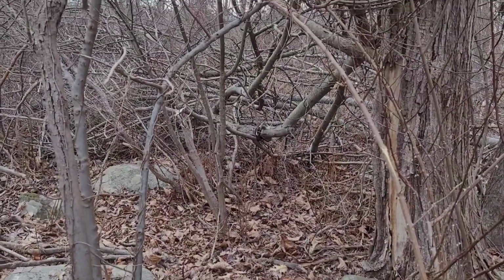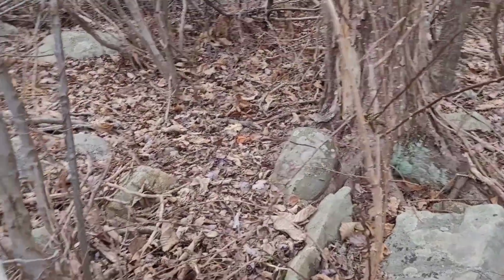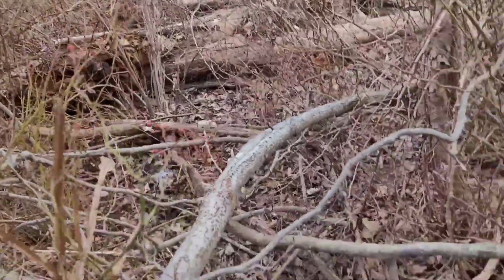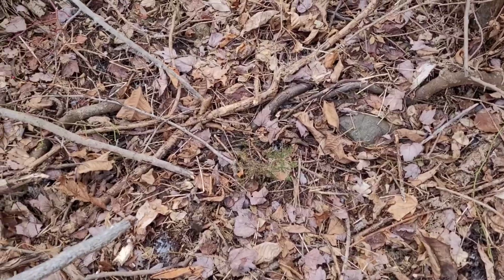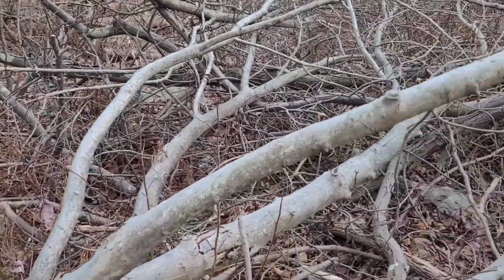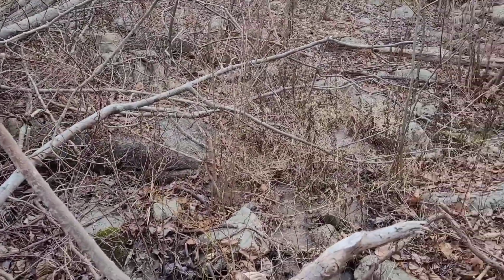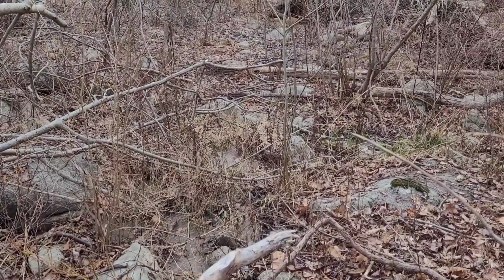Alright then, could be better, could be worse. I certainly need to grab clippers next time, especially to take care of the rest of this trash. But at least one tree has a decent chance now. Still quite a mess of both fallen trees and invasive species that needs to be cleared out, at least to some degree, but it is comforting to know that there are some saplings that are willing to make full use